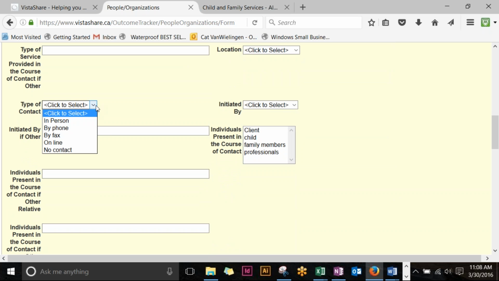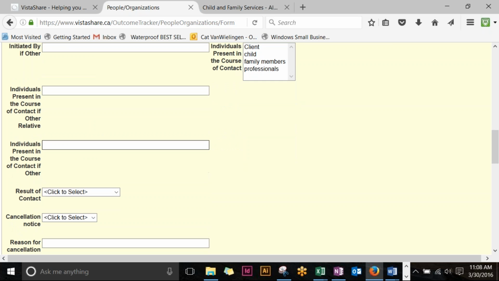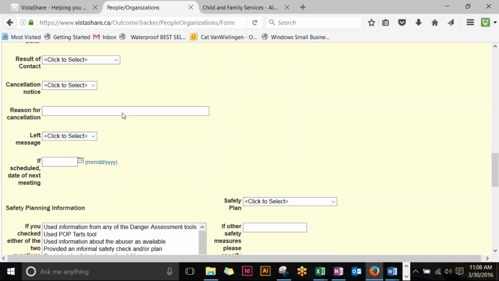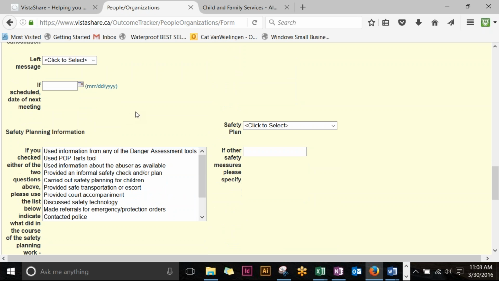We have the type of contact question, so you can document that this was an in-person contact. It could also be by phone. And then we have the indirect options here as well, so by fax, online, or no contact. And I'll just skim through these because a lot of these may or may not apply to your shelter. Some questions are particularly relevant, so if you are a staff person at a second stage shelter, we have